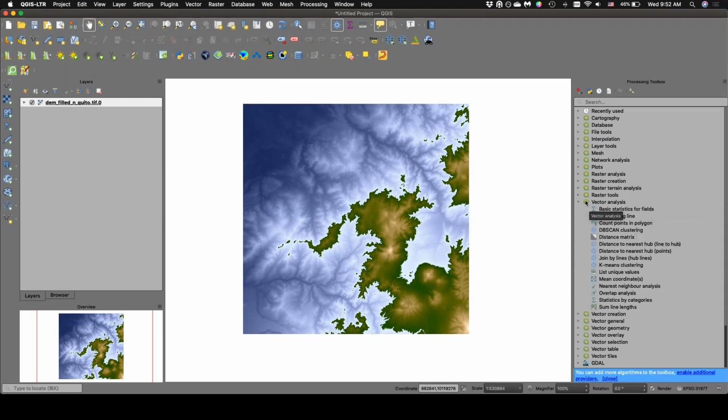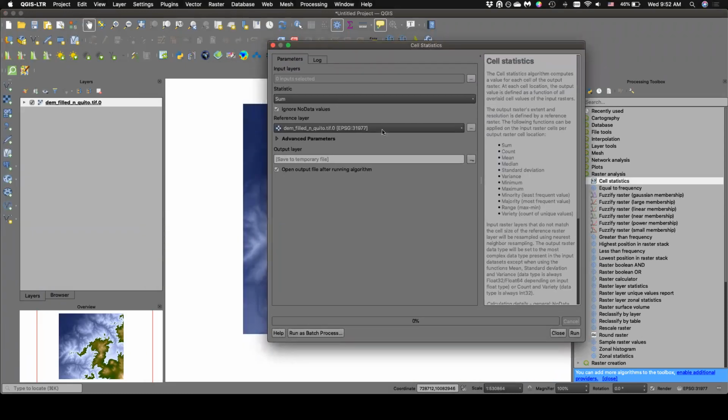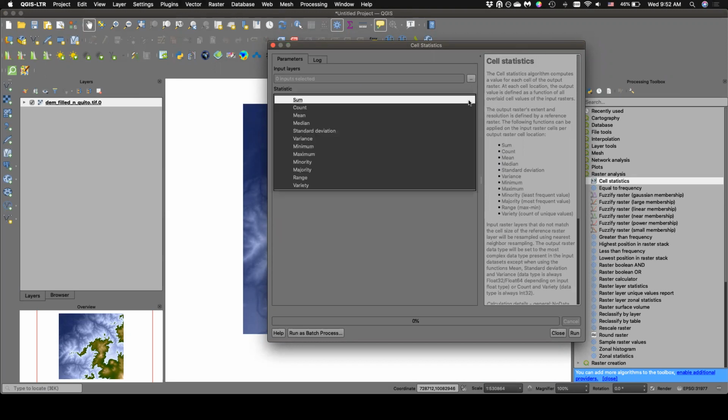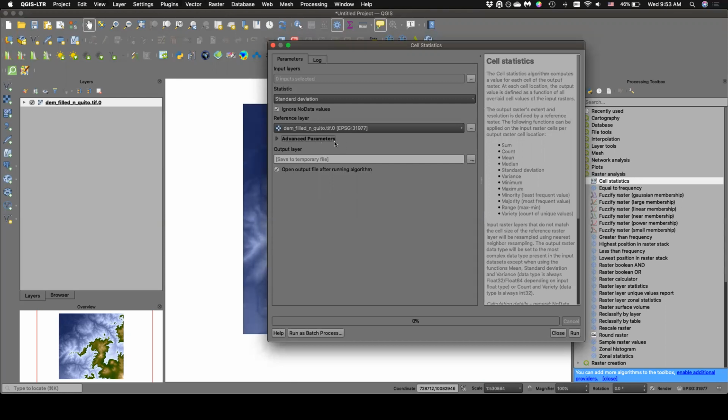tools. If, say, I want to analyze this raster layer that I've loaded, I can double click the cell statistics tool in the processing toolbox. And what comes up is a very rich dialogue that provides me with a ton of documentation on how the tool works and provides me with drop-down menus and checkboxes to work out what I want to get out of this particular tool. In this case, if I wanted to calculate the standard deviation of essentially the height data that's stored in this DEM file, I would set this here, make sure that I'm happy with these advanced parameters, though you often don't have to touch these. And then if I click run,